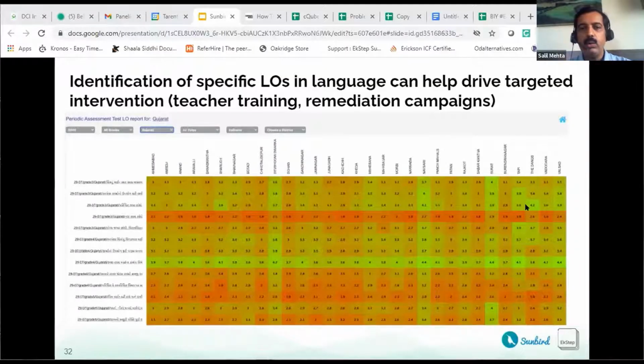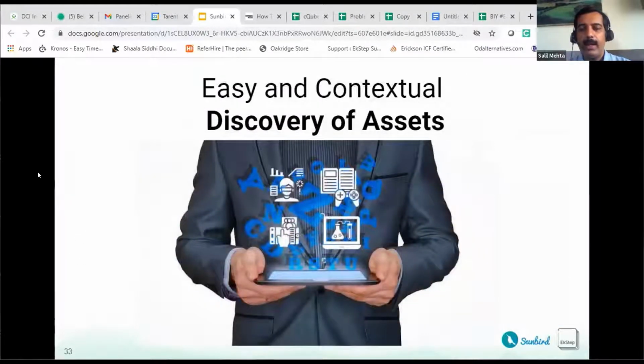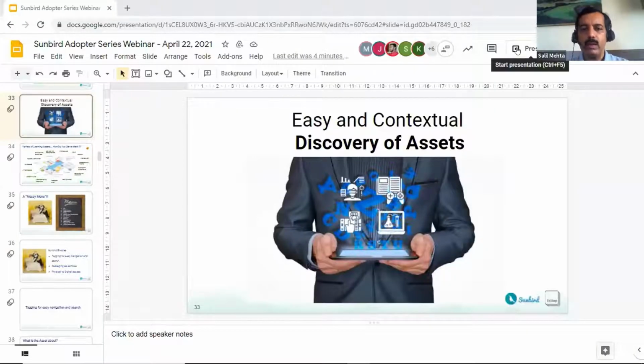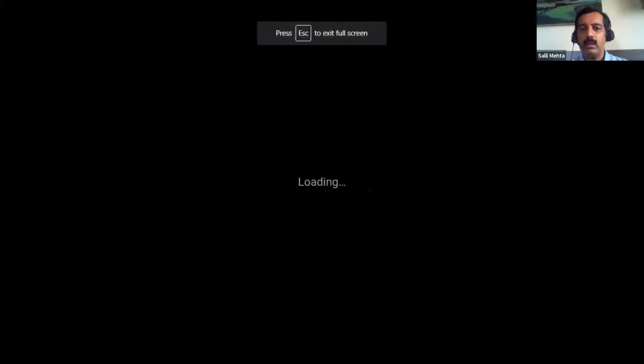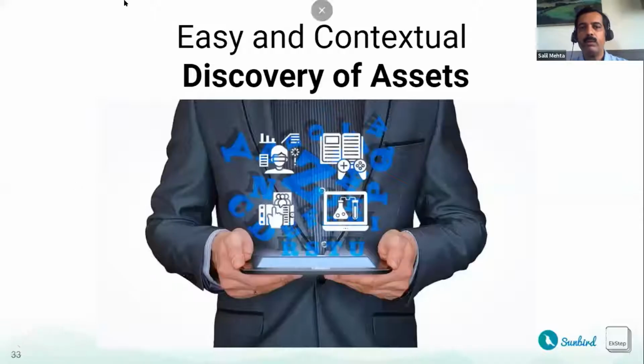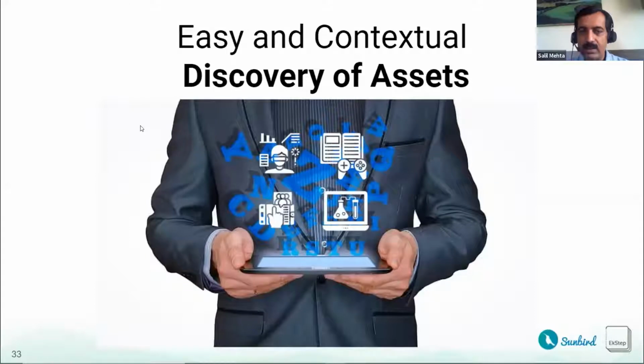Now, next, as we go on to the next session, and as Jagdish mentioned about it, because of the explosion in the content that is available, even for a platform like Sunbird, it is likely that you can have a huge amount of learning content. So what are the capabilities that are available for us to organize the content so that they can be made easy and contextual for discovery of these learning assets for our learners? So now here to talk about that, invite Kamesh to walk us through these capabilities of Sunbird, please.